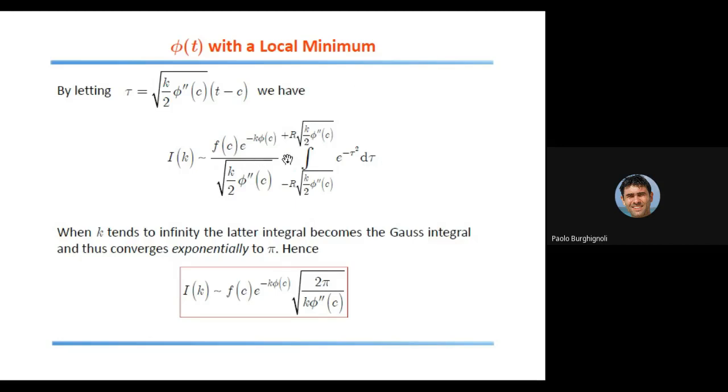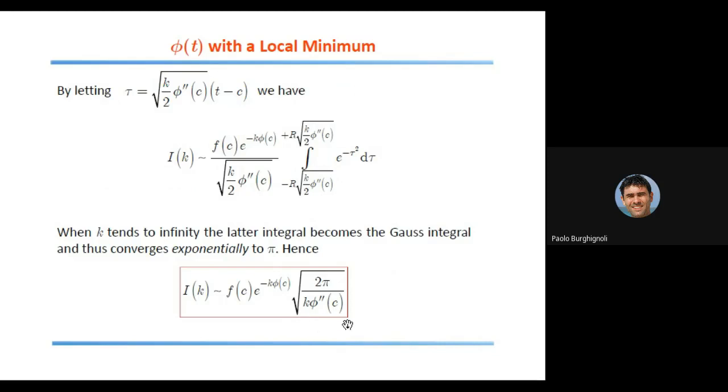Once you have done that, the last step is to extend again the integration domain to the entire real axis, which is asymptotically correct, because the error you introduce is again exponentially small with respect to what you are obtaining. In particular, this Gaussian integral converges exactly to the square root of pi, as is well known. So if you plug this into this expression, you will find out the final